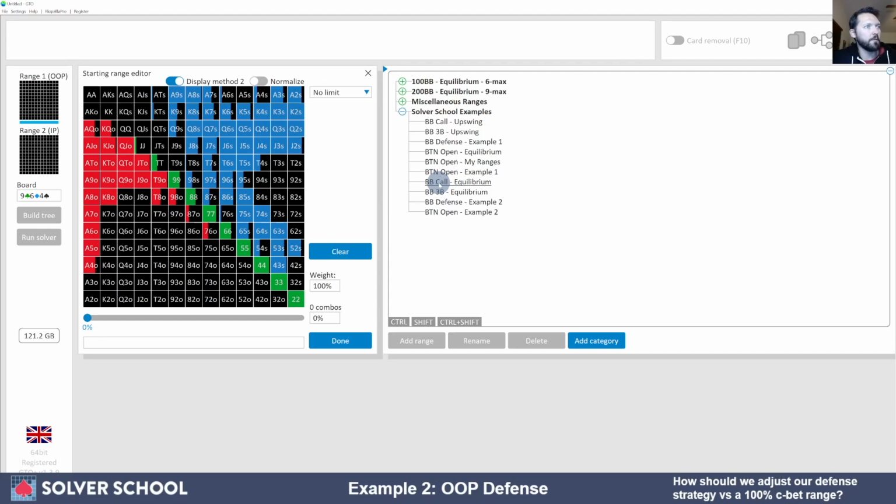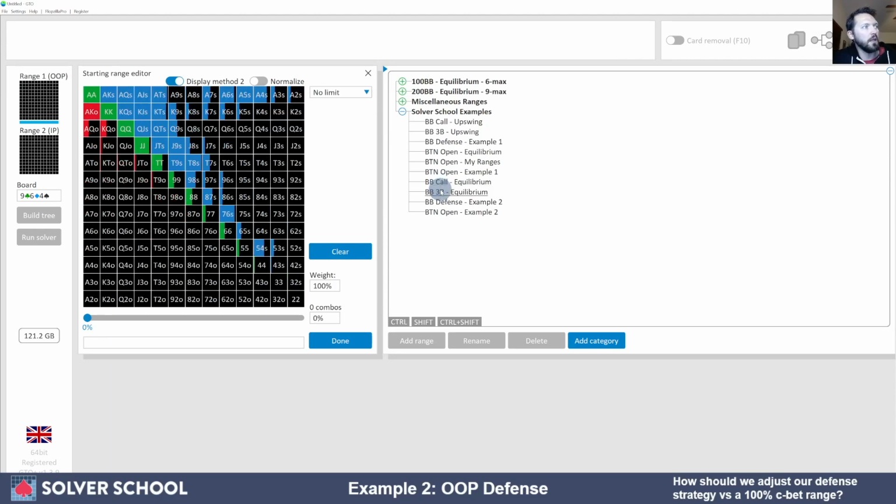And as you can see, for perspective, this is what a big blind 3-bet range looks like at equilibrium here too. This is a lot harder to implement, and I certainly am not going to be implementing this strategy here. Let's just click in and show you the 3-bet ranges here, and you can see that even when you start getting the ace-queen offsuit, ace-king-queen offsuit, some of these weaker hands here, like king-9 suited,